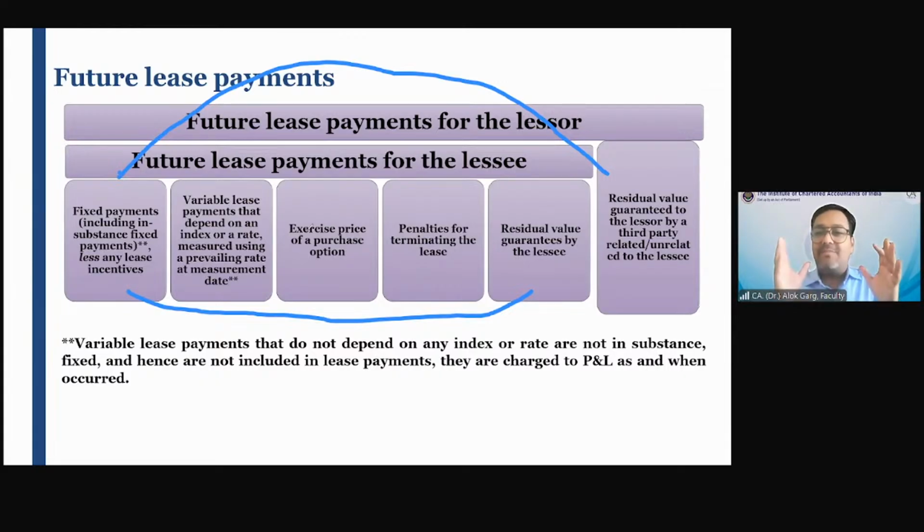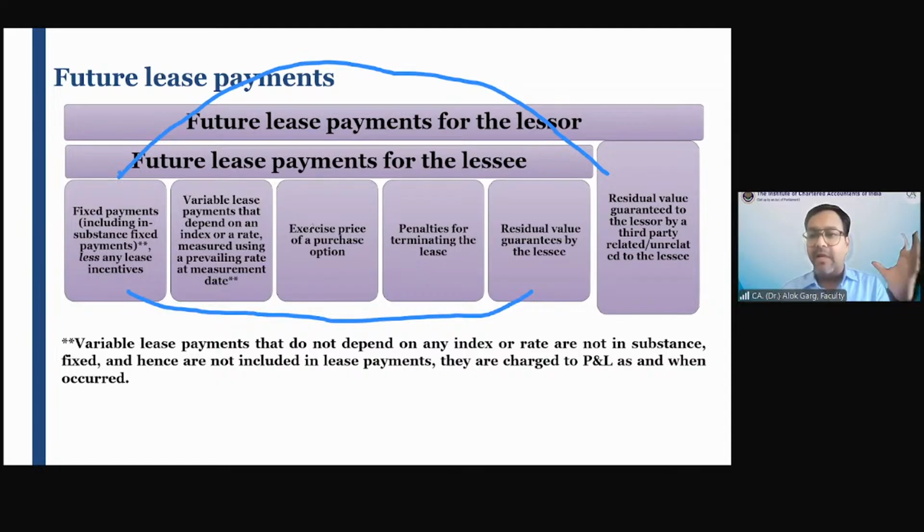So on the commencement date, you need to look at the lease payments, right? And why lease payments are required? Because end of the day, at the commencement date, the lessee will create right to use asset. So what is the right to use asset? Right of use asset is equal to present value of lease payment. And what is lease payment? Lease payment is equal to fixed payment plus in substance fixed payment plus variable payment only depending on an index or a rate. Rate means not this turnover thing, right? Rate means like wholesale price index, like inflation rate, right?